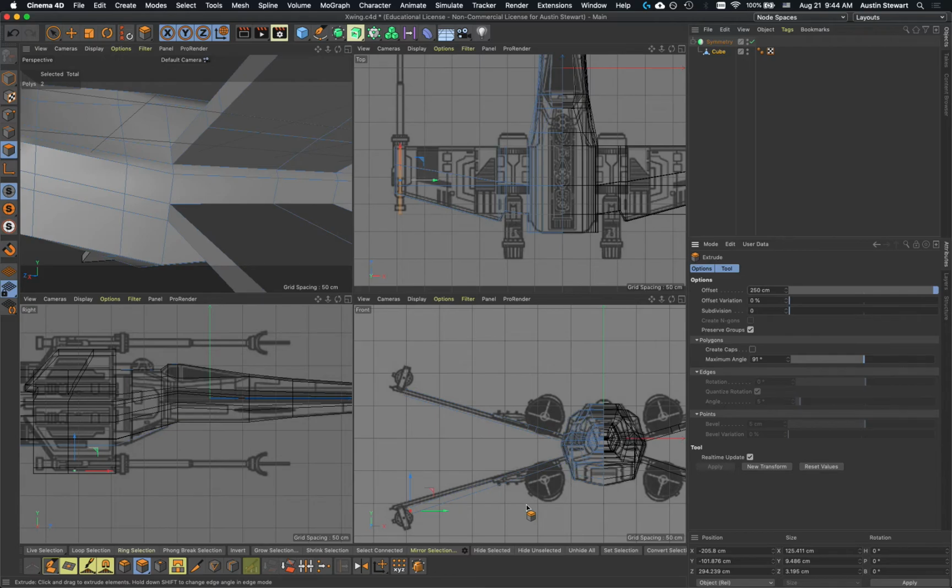And you'll notice that our angle is off by a hair. And so we have those end polygons still selected. If we switch our axis, you'll notice that the world axis is a little bit different than this, but we can go ahead and just move all of these points up until the wing aligns with where it should be. And now that we've done that,